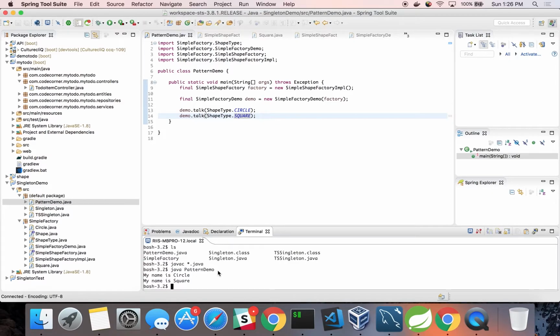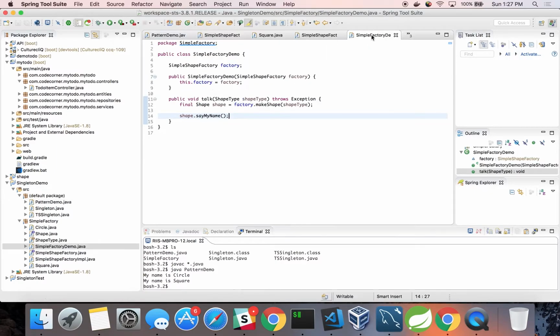Perfect. So as you can see, it abstracted all the work of creating all these objects for us. It still requires a little bit of work just to set up, got to create the necessary classes and interfaces, but it's really easy to unit test using factories. So if I go back into this here, this talk, we don't have any new keywords here. We'll have no trouble mocking this guy out. We'll be able to mock out our factory, our simple shape factory, and basically say, when we call make shape